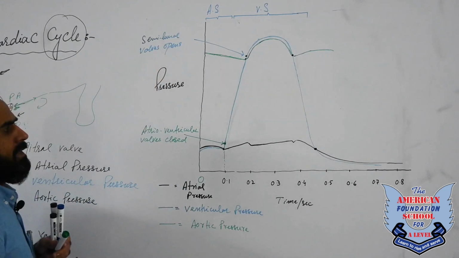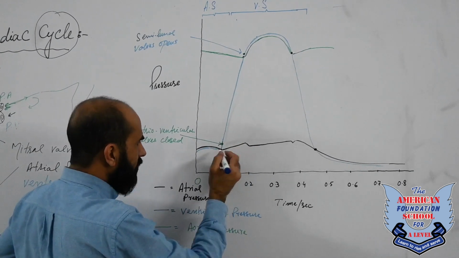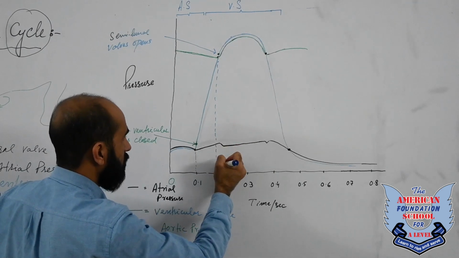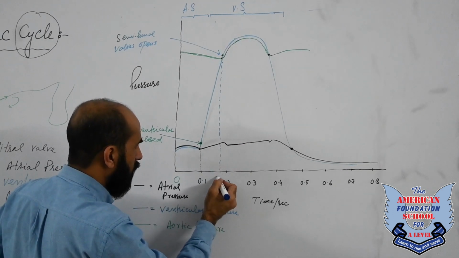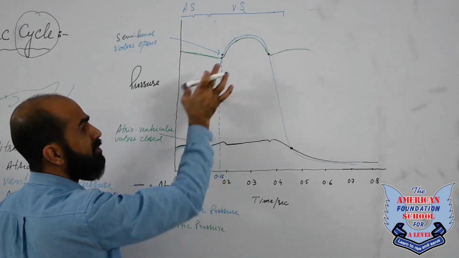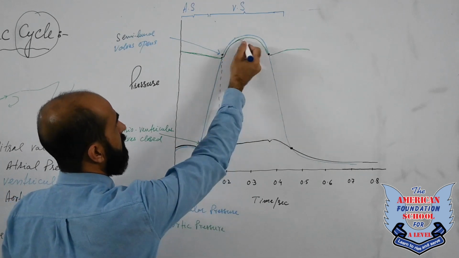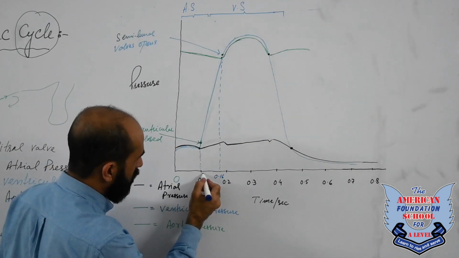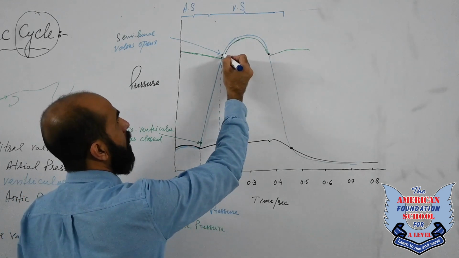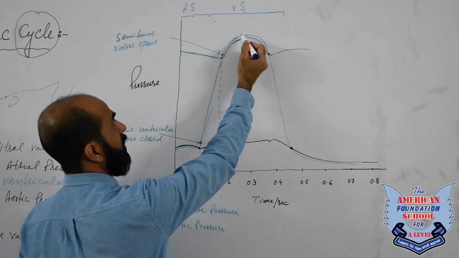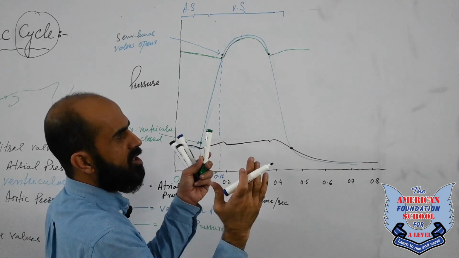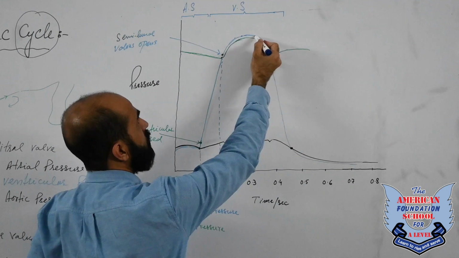It opens here. So it means from 0.1 to about 0.16, all the 6 valves remain closed, and immediately at this point the valves will be open. So this is the time duration where all the 6 valves in the heart chambers remain closed. Now ventricular pressure is maximum here, and now it is time for the heart muscles to slowly come back to the original position. So pressure once again is going to fall,